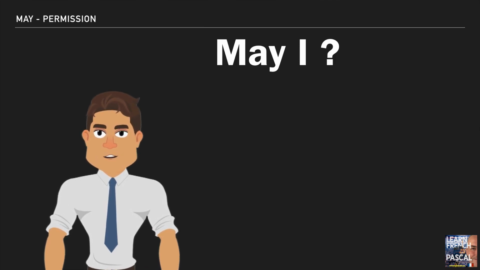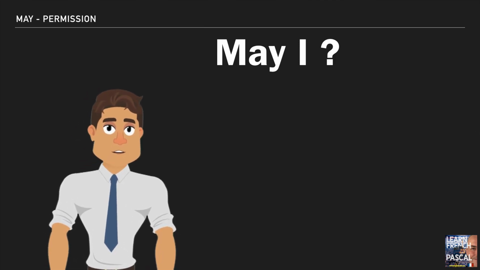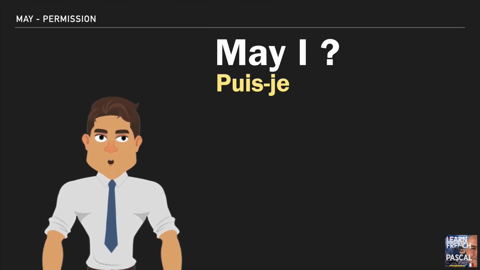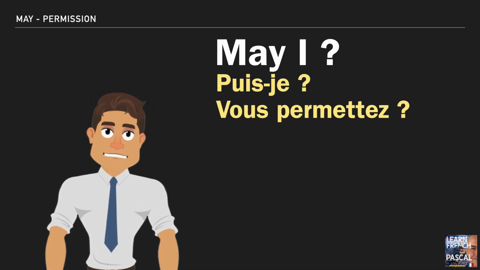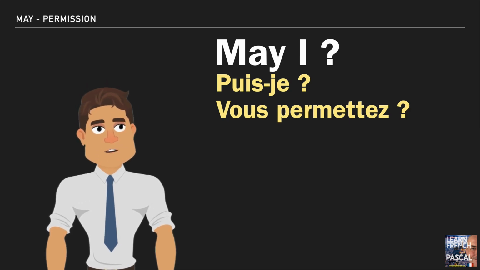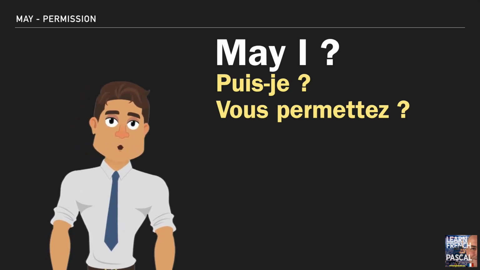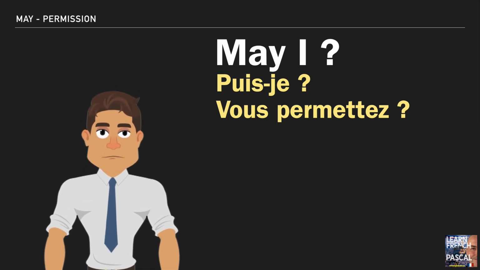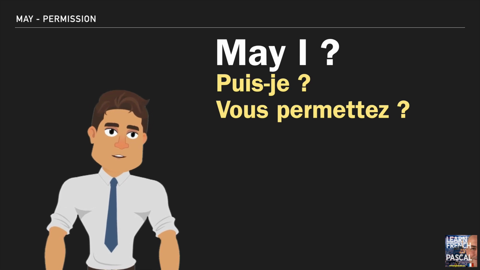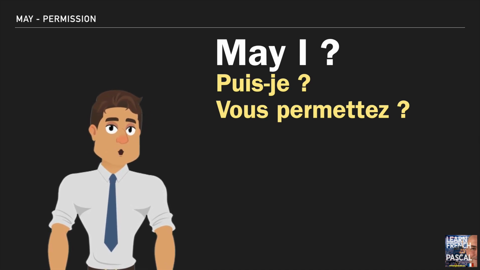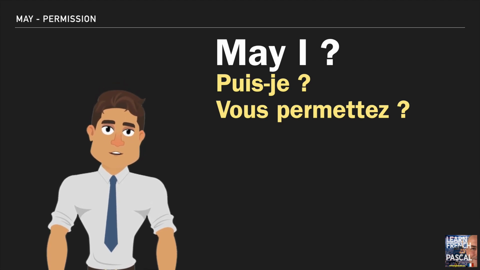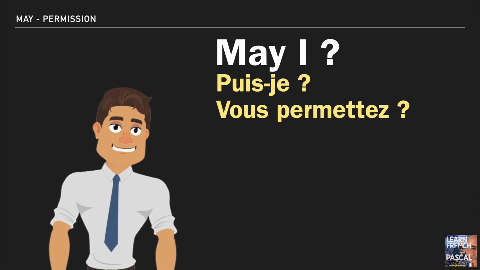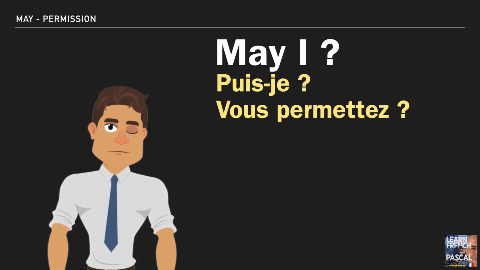How to translate, so now may I, it's a question, it's a permission. So of course you can use the verb pouvoir, and you remember the question, puis-je? And the other forms are also correct here, est-ce que je peux, etc. But you can also use the verb allow, which is permettre in French, and the translation now is vous permettez. So, do you allow me to translate may I? And you say vous permettez, it's a formal way, but you could also say tu permets, if you know the person.